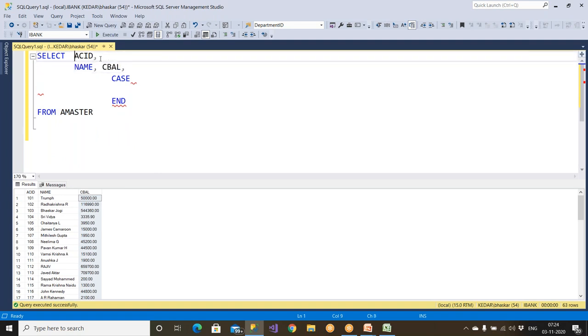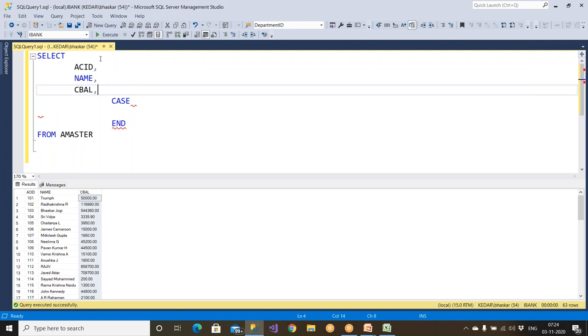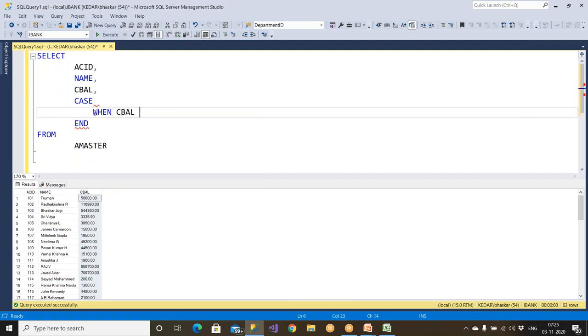Let me put all the columns like this, one by one. This is how you have to have your columns. This is how a professional will write his queries. So this is the way: Account ID, name, C balance, and the case starting and ending with end. Now you say when C balance is less than, let us say, 10,000, then I'm saying the customer is a